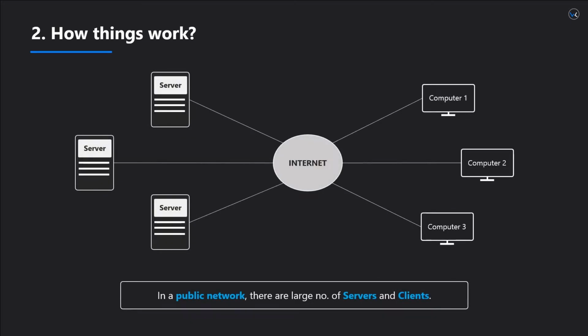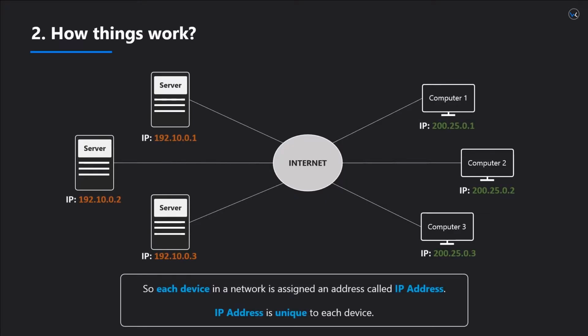But in a public network, there are a number of servers located at different locations. Now, if you want to access any particular website, how would your computer know that in which servers the required files are present? And even if you get connected to the server, how would the server know that to which client computer the files are to be sent? To solve this, each device in the network is assigned a unique address known as IP address, and it is